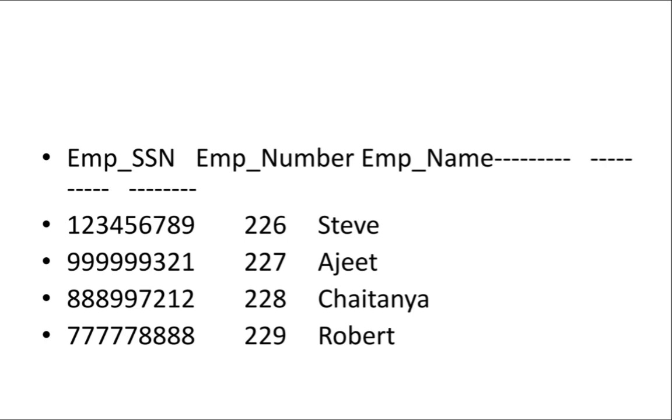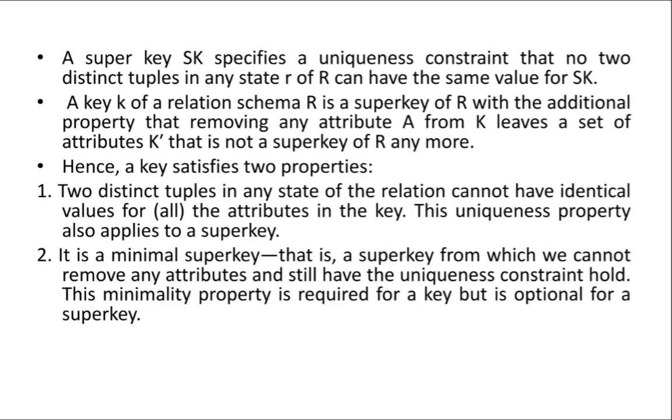It applies to a super key also. You can observe there, no value is repeated here. No single value should be repeated here. That is the first condition, right? A key is also a super key, right? But what is the condition in a key? If you remove any attribute, it is not a super key of R anymore. But what is the condition here? Key is different, super key is different.